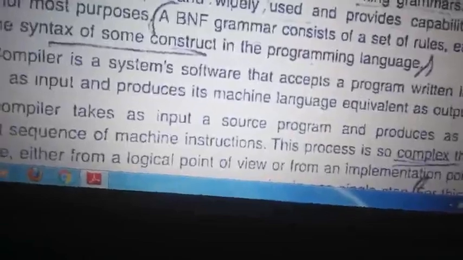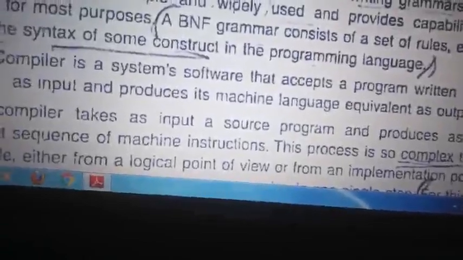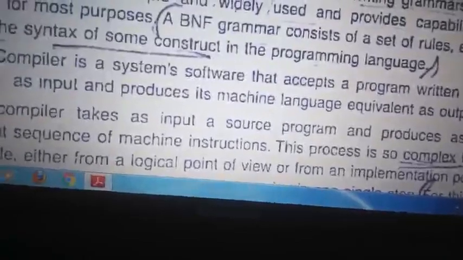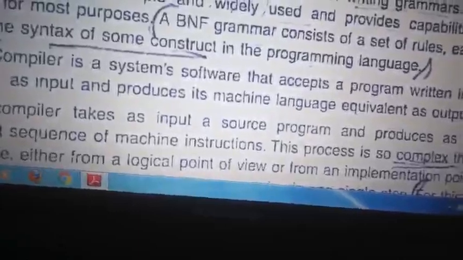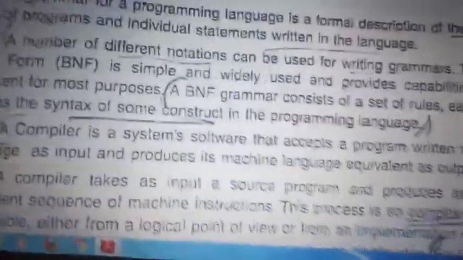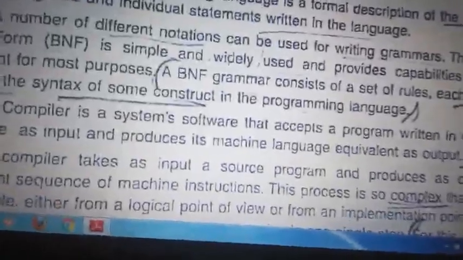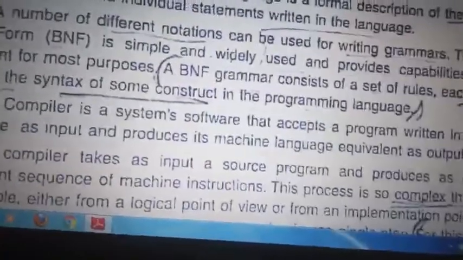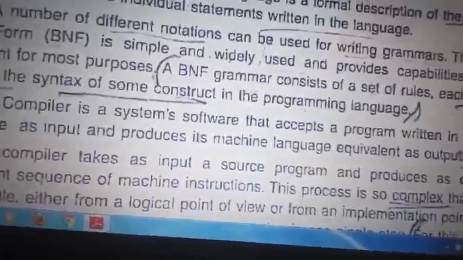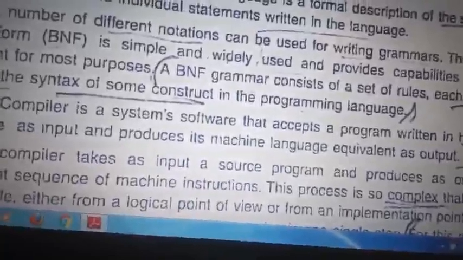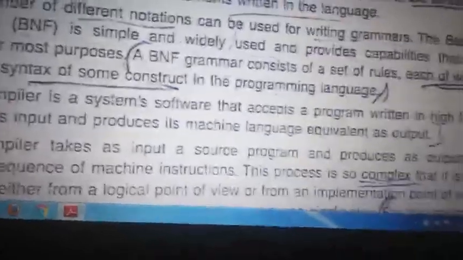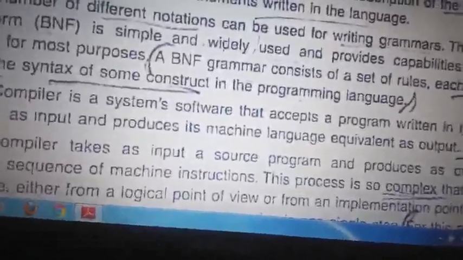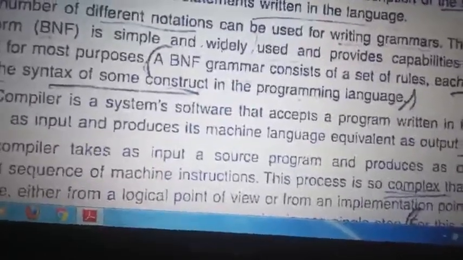So it's a very complex task to convert a high-level language to machine language, because everything is embedded. In BNF form, A can go to B, A can go to C, A can go to D. So there are n number of possibilities embedded in one single rule: A can go with B or C or D. For example, there are the equal to operations: a single equal to is used to assign, and if we use double equal to, it means it is used to check, as a comparison.